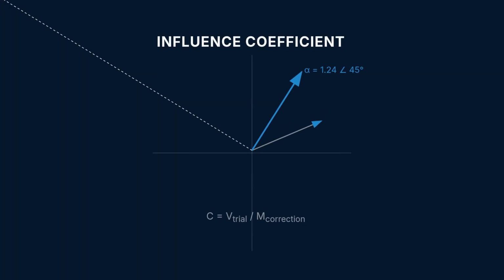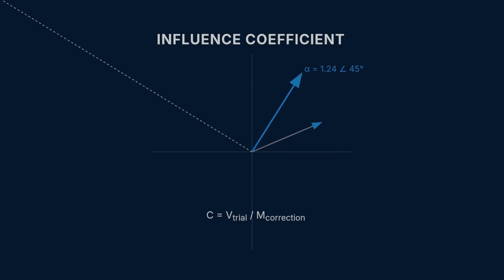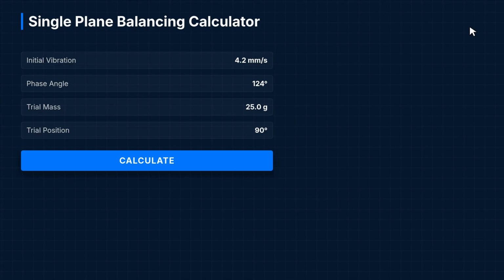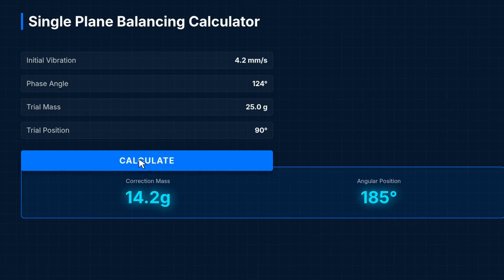The calculator uses vector mathematics to determine the influence coefficient from your trial run, then calculates the precise correction mass needed. The results display the required correction mass weight and its exact angular position relative to your reference mark. This tells you exactly how much weight to add and where to place it on your rotor to minimize vibration